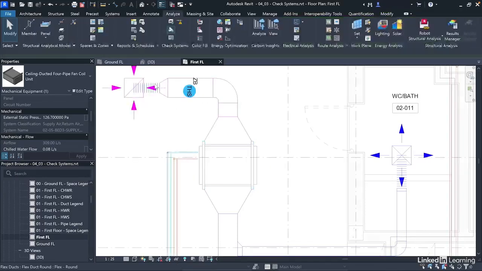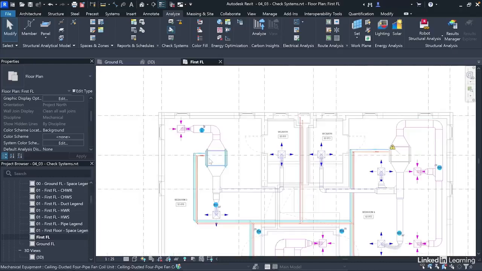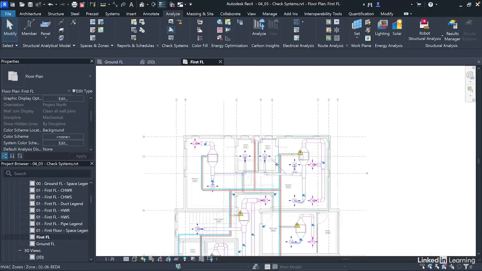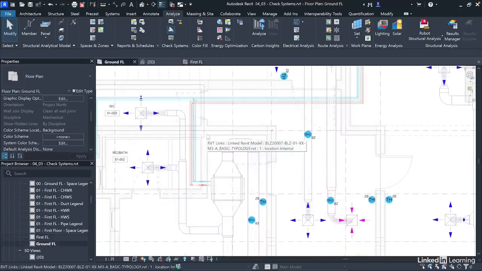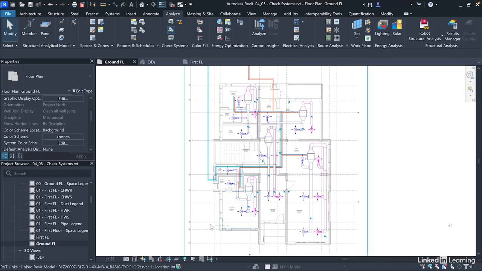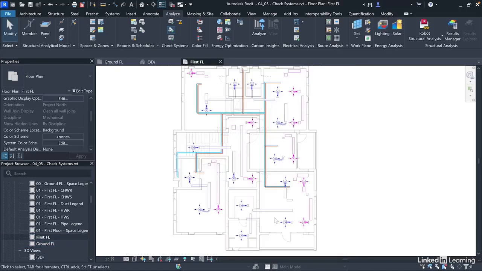So basically you will do this for the remaining fan coil units. So I'll quickly do that. So this should resolve all the issues in the duct and pipe system. You can see we don't have anything left on the ground floor in the entire system and nothing left on the first floor as well.